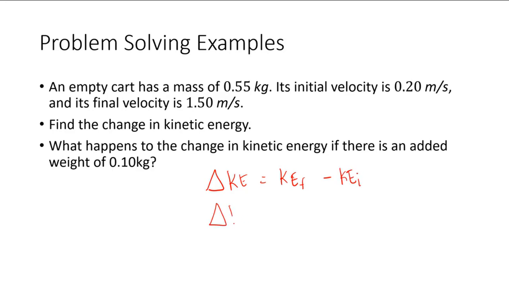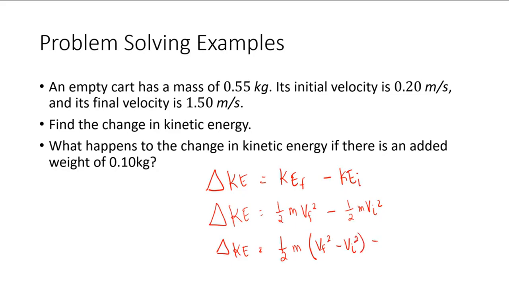So the change in kinetic energy is equal to 1/2 multiplied by the mass times the final velocity squared minus 1/2 mass times the initial velocity squared. Since both of these values contain 1/2 and the mass, you can factor it out in terms of calculation. So that is equal to 1/2 multiplied by the mass multiplied by the final velocity squared minus the initial velocity squared. Okay, so for the change in kinetic energy, that would be equal to 1/2 times 0.55 kilograms